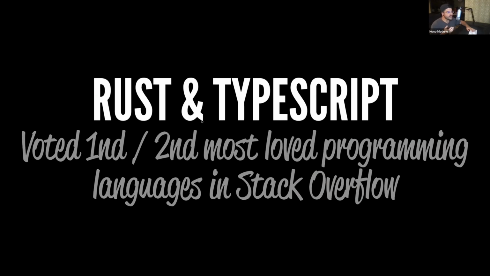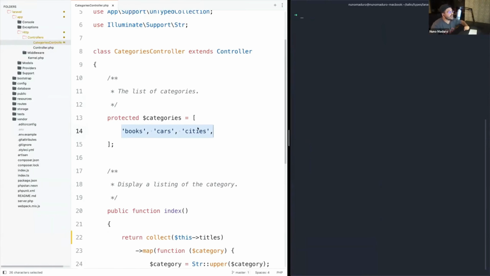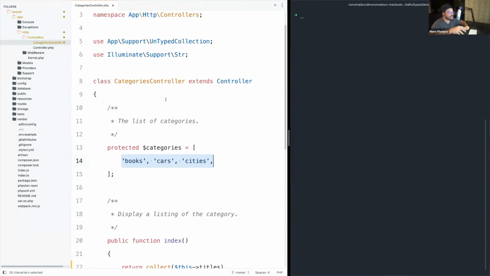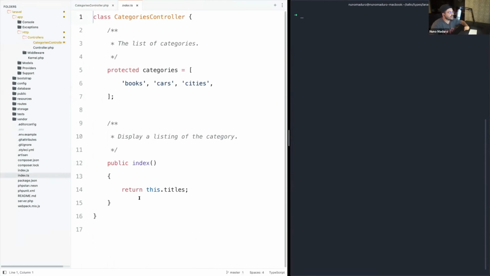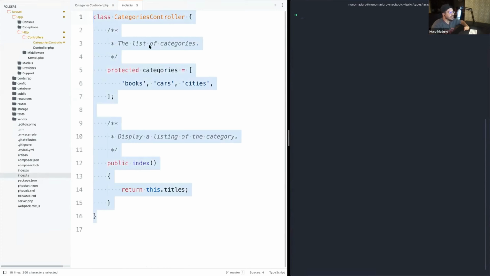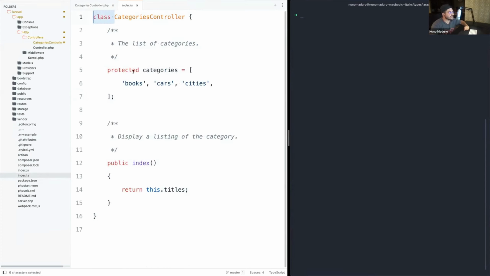And actually, if we take a look at Rust and TypeScript, for example, which are, by the way, voted as the first and the second most loved programming languages on Stack Overflow, they don't have the same type system as PHP. In fact, I have prepared a small example to compare this PHP code to TypeScript code. I'm just going to mimic this code, but this time opening this index.ts file that contains the same code, but in TypeScript. And yes, in JavaScript you can have classes and properties, etc. Now, the difference with TypeScript is that if I want to see if this particular code makes sense and if it's working,